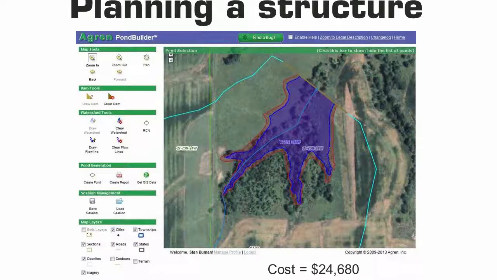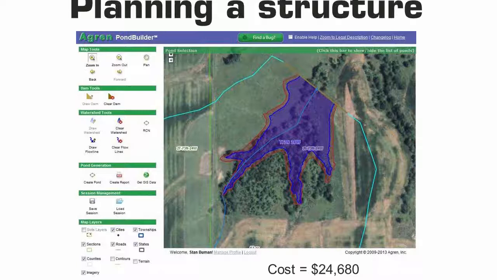So I'm going to talk to you a little bit now about planning structures. I think some of you are familiar with our LIDAR-based conservation planning tools, for planning ponds or wetlands or water and sediment control basins or even waterways. And what I'm going to do today is just talk about one of those and taking it even beyond just